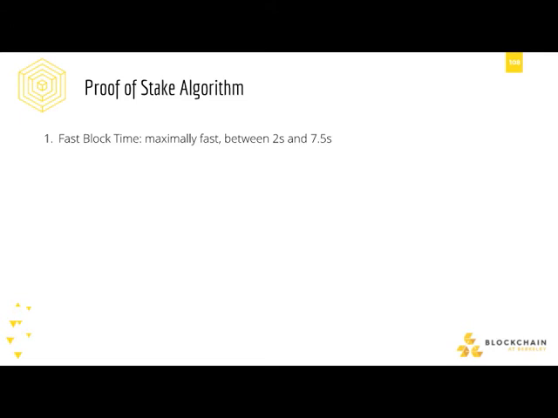A property that proof of stake offers is a fast block time, among other things. While the current block time for Ethereum is approximately 17 seconds, with proof of stake, it's going to be 2 to 7.5 seconds. What you notice about a lot of the parameters currently used for proof of stake is that there are a lot of ranges right now, and the reason is they're going to be testing and tuning these parameters. So when you ask me what a specific parameter is going to be, I'm going to be totally honest, it's going to be a range most of the time because they're just not sure.